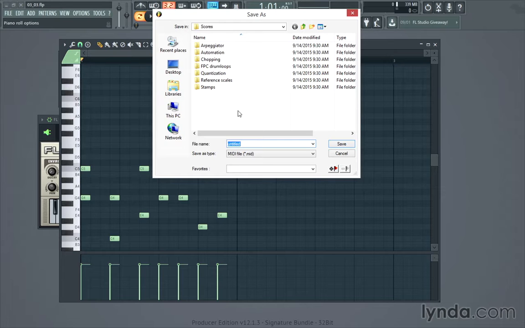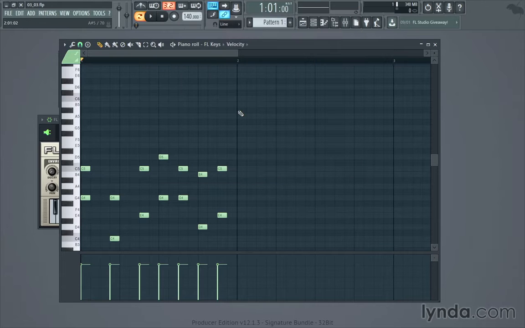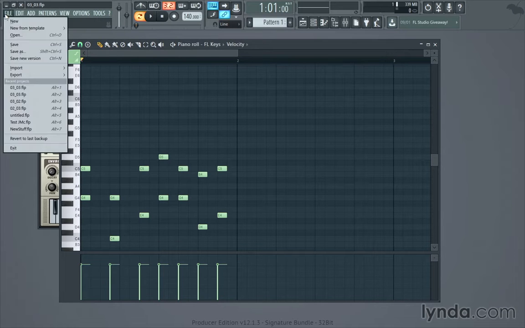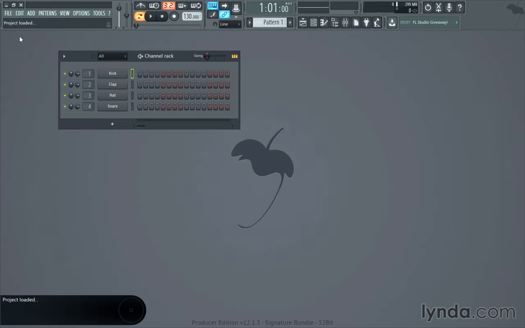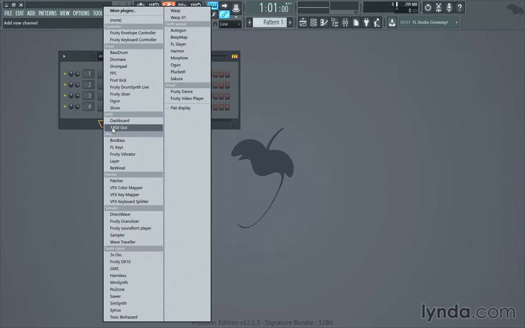I can then give it a name, which I will do by calling it MIDI Score, and then hit Enter. And this has now saved it as a separate MIDI file. If I then go over to the main menu here, click on File and then New, I've then got a new project loaded. I can then click on this plus button to add a new channel, then select a basic